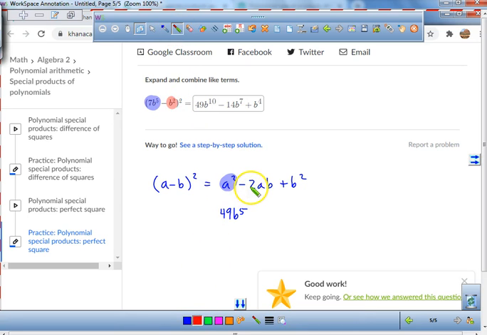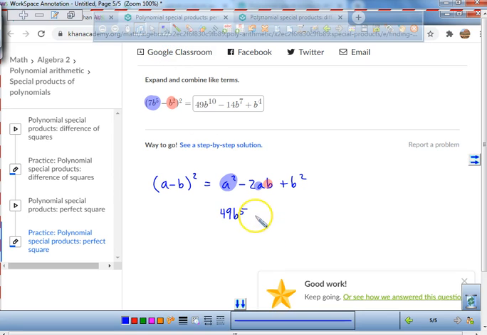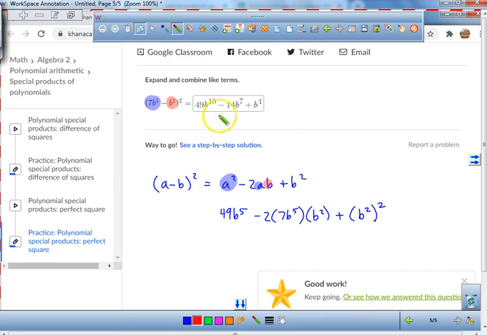Then I did 2 times a times b. So I did minus 2 times the a value times the b value. And then in my head, I did the b value squared at the very, very end. And that's how I got